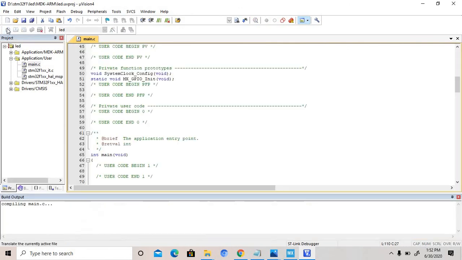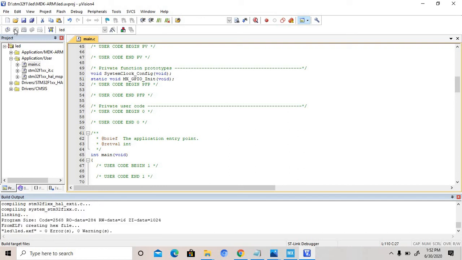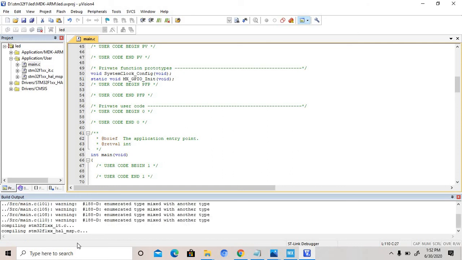After that, build it. Build output is there. No error is there.